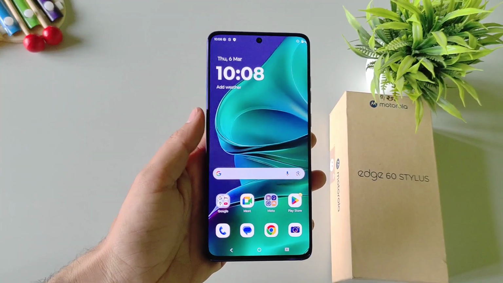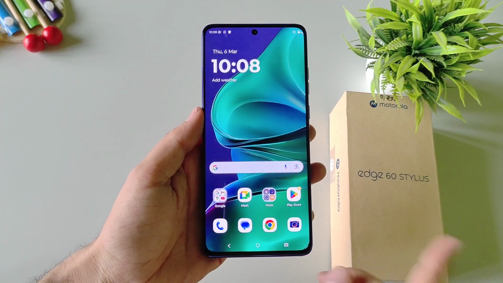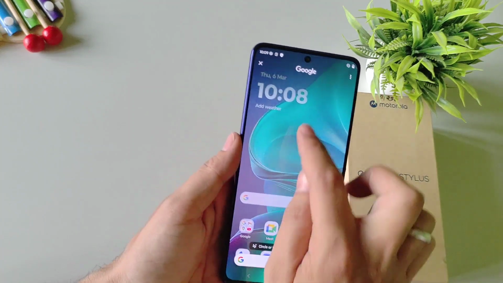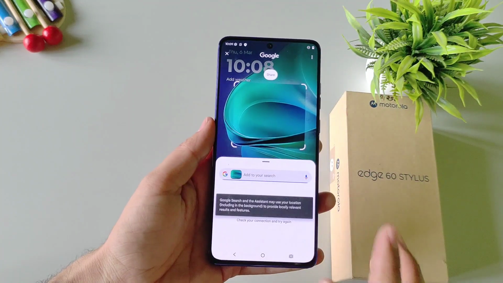Now you can go back like this, open your recent applications like this and jump to your home screen like this. Just like Samsung's devices, you can use the circle to search feature. Tap and hold on the middle button like this. Then it will enable it, circle the object you want to search and then it will search it for you